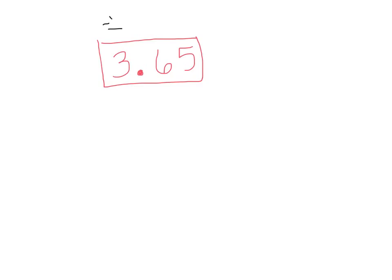Now let's try it with a decimal number. So let's say we have 3 and 65 hundredths. Again, I'm going to put my original number in its crust, and we are going to label the places. So I have in the ones place, I have a 3, so I'm just going to write ones. In the tenths place, I have a 6, so I'm going to write tenths, which is a decimal and a 1,